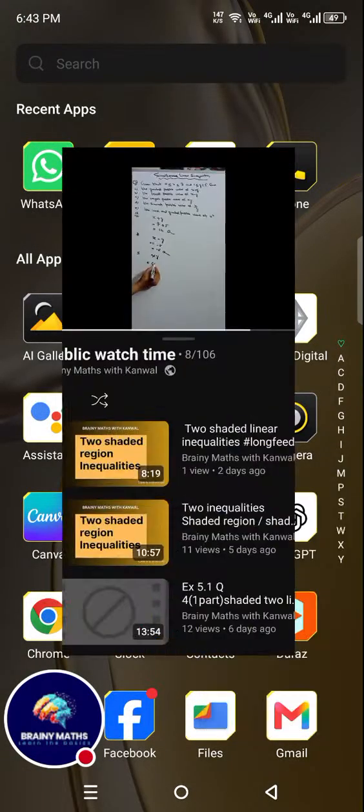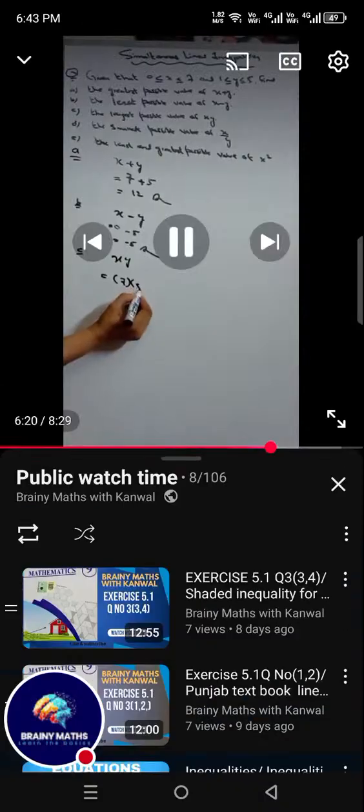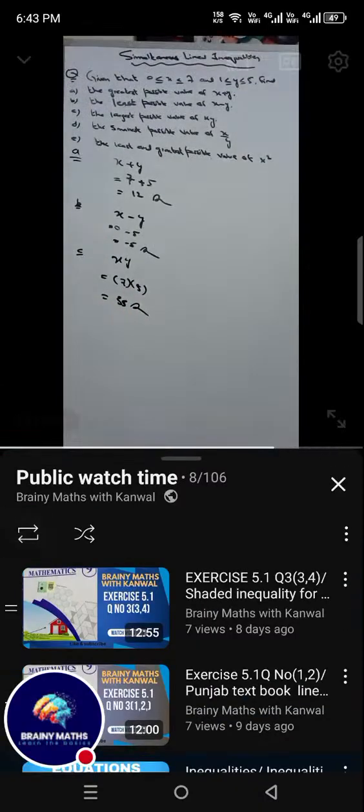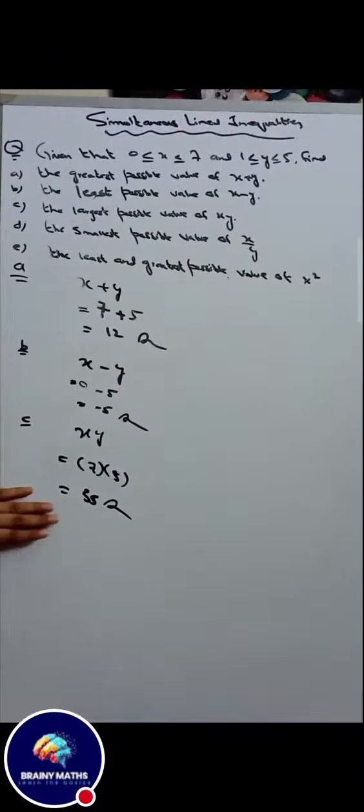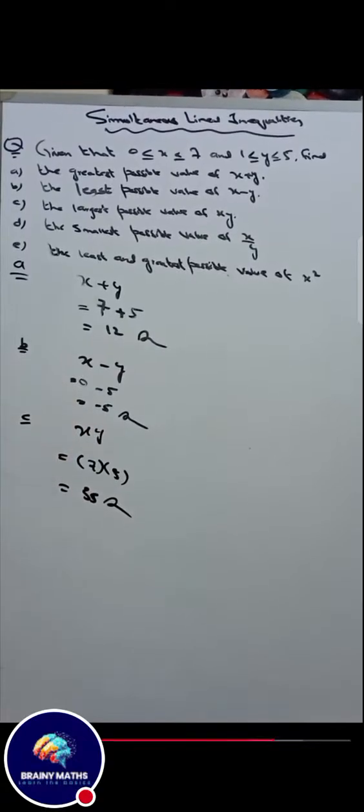xy equals x is 7 times 5. 7 times 5 is 35, the answer. I hope it's clear. I got the largest answer. So the largest answer will come when I take the largest values of x and y. I hope it's clear. Now